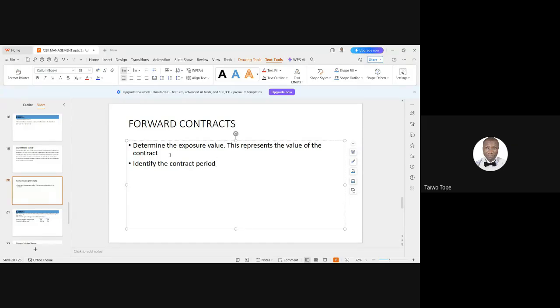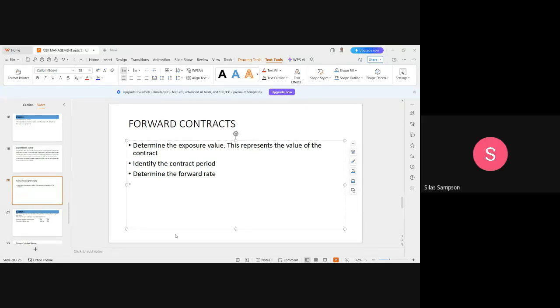And you must be able to determine the forward rate from the question. Once you determine the forward rate,